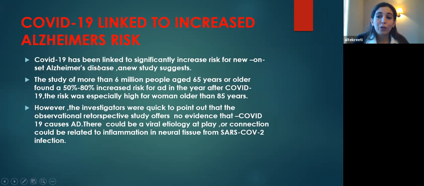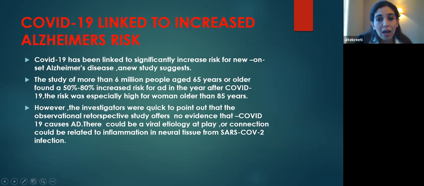So there is a new study about the relation between COVID and Alzheimer's risk. COVID has been linked to a significantly increased risk of new-onset Alzheimer's. This is a new study suggestion. The study of more than 6 million people aged 65 or older found a 50 to 80% increased risk of